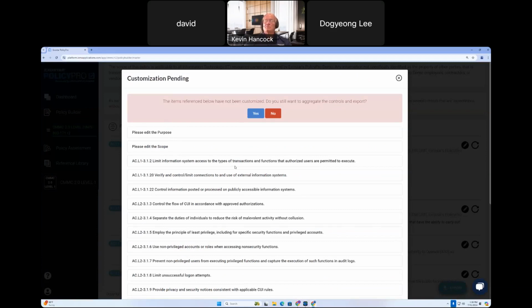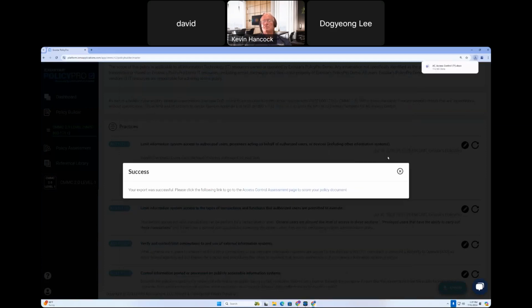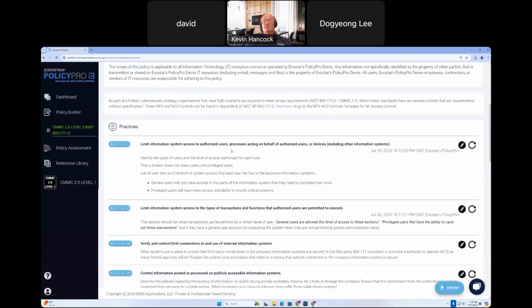That will then be saved to your local hard drive. So you'll have a local copy of all of your policies as a Word document, and it's also an important step prior to the next feature of the platform. So once you've exported that and you have that Word document, that Word access control policy, you'll move on to